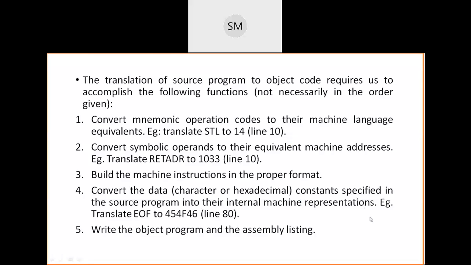Okay. In the previous class, you learned how to generate object code for each and every instruction in your assembly level program written for the SIC machine. That program's purpose was to read the record from an input device and print that record or data on the monitor screen, that is, the output device.